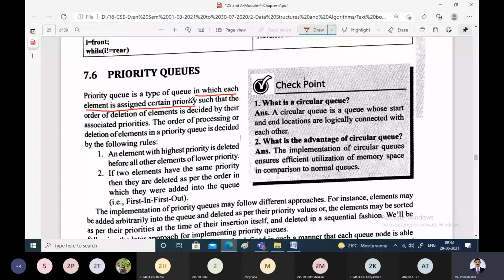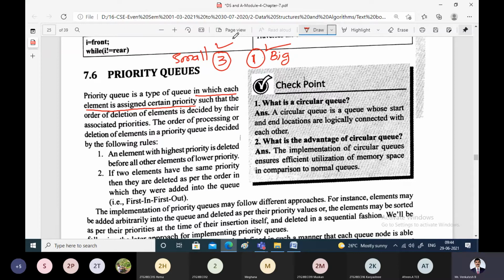And why is the priority being assigned? The priority is assigned so that the elements are deleted or processed from the queue based on their priority. That means if there are two elements, one with priority 3 and another with priority 1, and you are assuming 1 as the largest priority and 3 as the smaller priority, then first we will process the element with priority 1, then the element with priority 3.